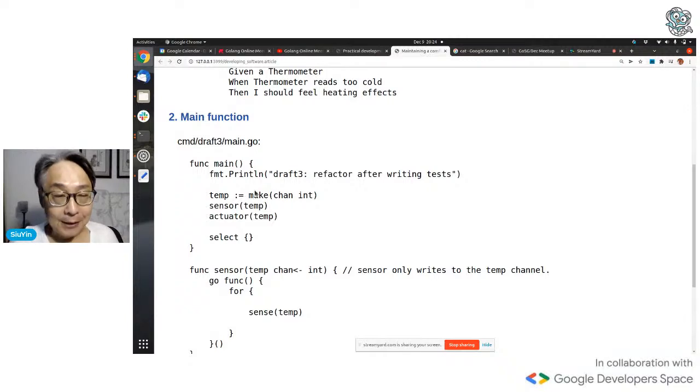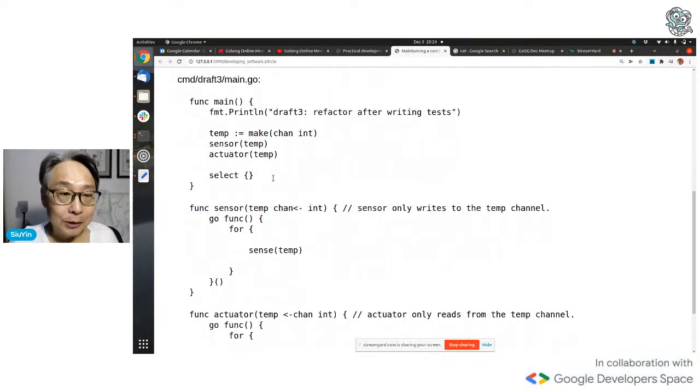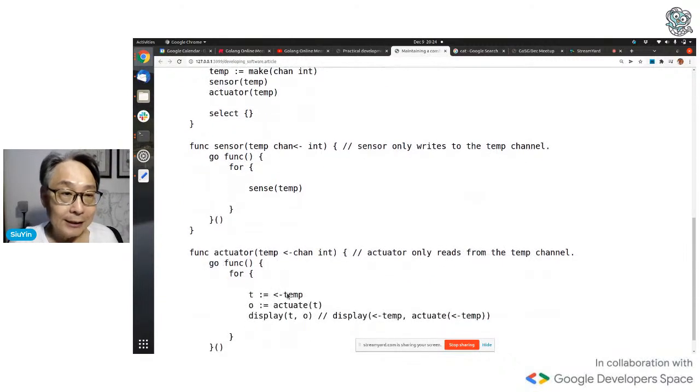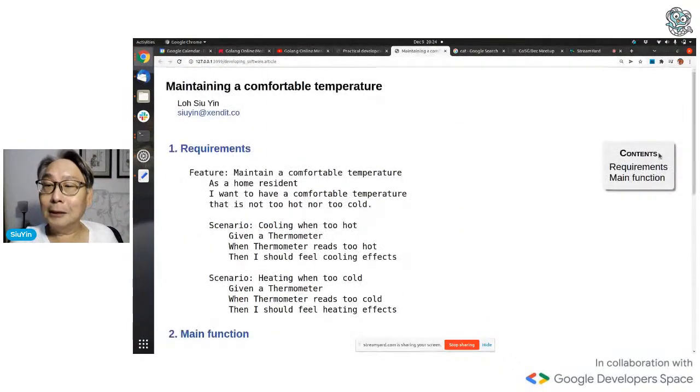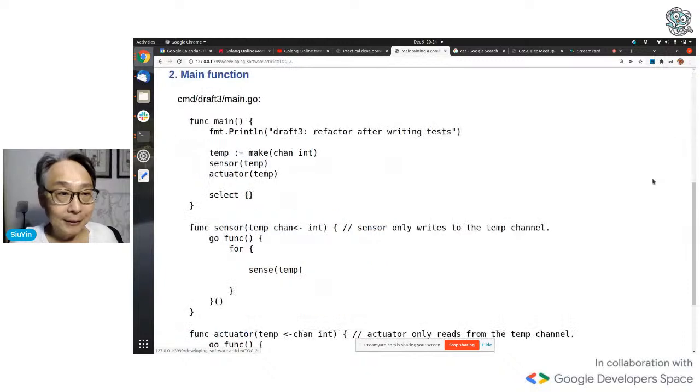Not only that, this documentation puts together what the sensor does in the same page, what the actuator does in the same page. I don't have to use GoDoc and bounce around different links. It's all in one article. It's all in one code walkthrough. I can read it like I read a book, but this is a self-updating book with a built-in table of contents. I can click on it and it goes to my main function. And that is how I like to document stuff that changes frequently.